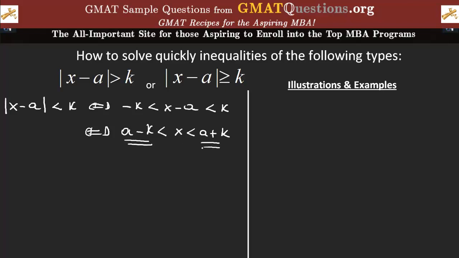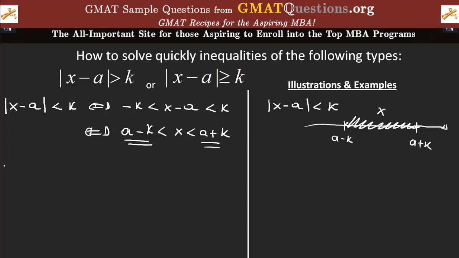I had an illustration of this, that x was actually squeezed between a minus k and a plus k, these being the boundaries when you draw a line. Let me actually draw the line again so you understand exactly what I'm doing. For the absolute value of x minus a less than k, the solution set on the number line is a minus k here, a plus k, and then you have x being here in between. But now, for x minus a greater than k,